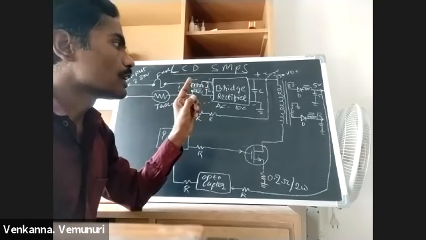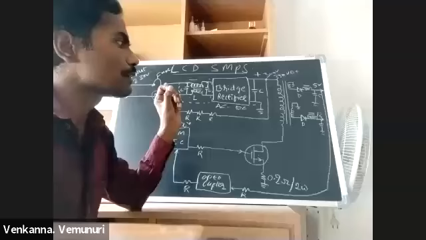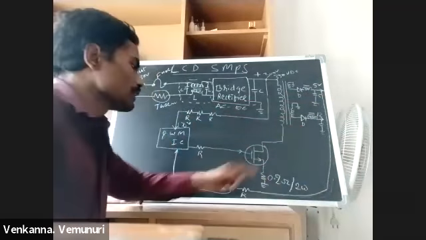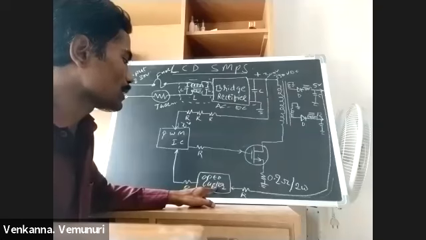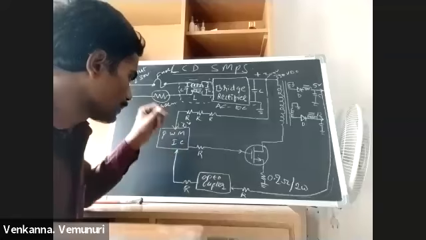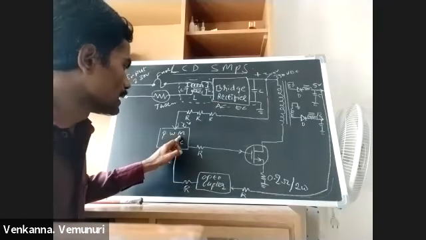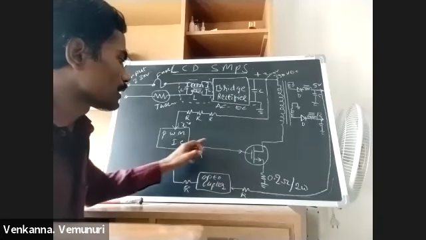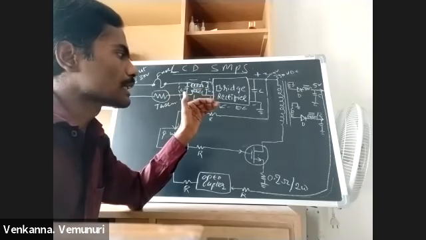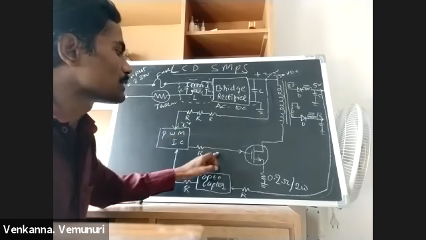So here we receive that feedback from this 5 volts line. On this 5 volts line, I am using an optocoupler for isolation. After that, the feedback voltage is connected to the PWM IC. If the voltage drops, it immediately senses it and cuts off the signal. If the voltage increases a little, it immediately senses it and reduces the switching signals.